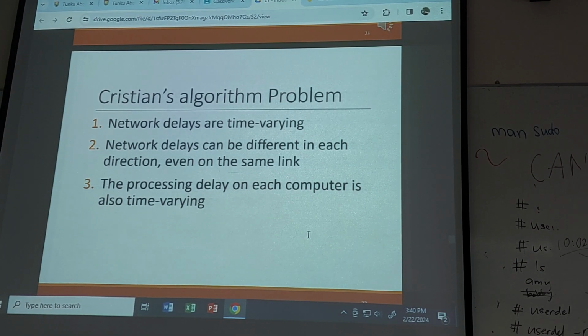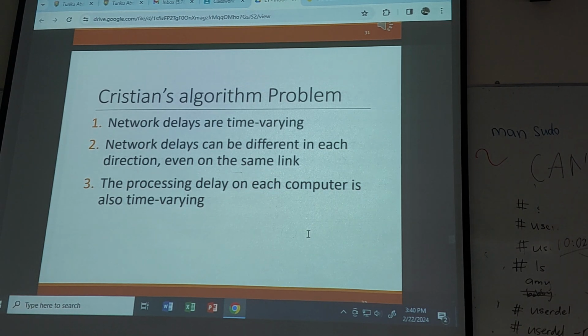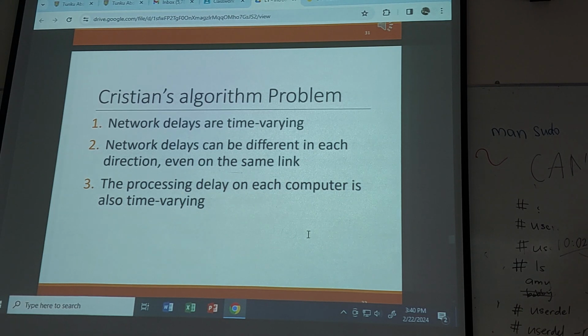Okay, Cristian's algorithm problem. What is the problem? Network delays are time varying. That means even though you take the same path, going might be different from coming back. Okay, even though it's the same path. If it is a different path, that is even worse. But if we assume that going and coming back is the same path, we still have a problem because the network delay depends on how heavy the traffic is, right? So you might be using the same route, let's say for example, going and coming back,